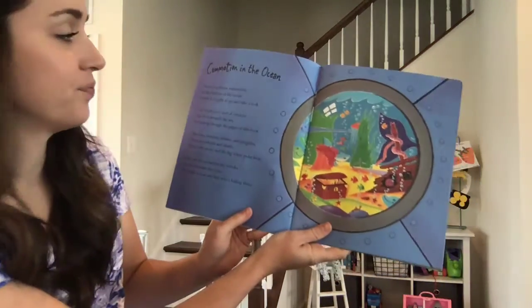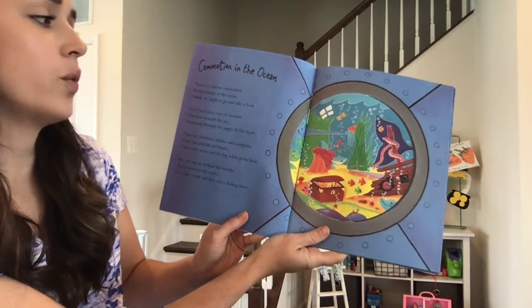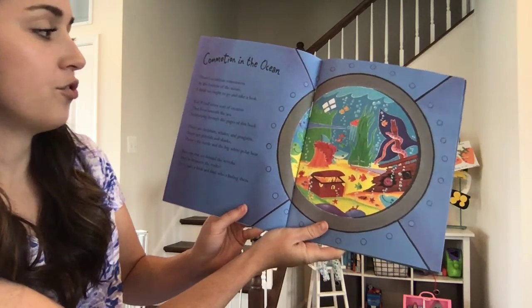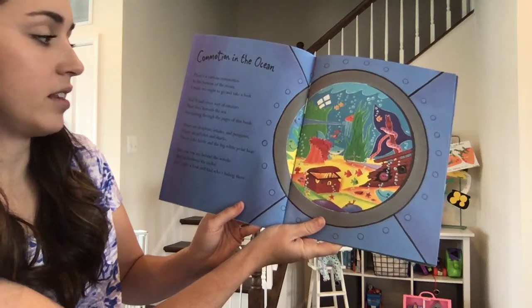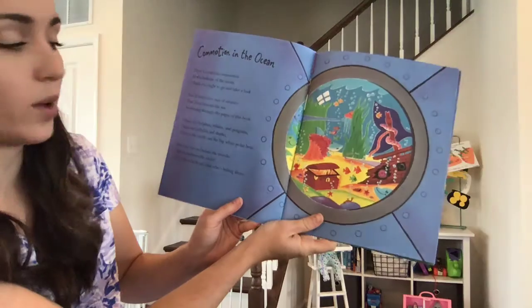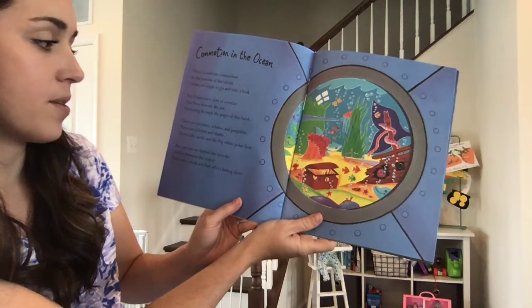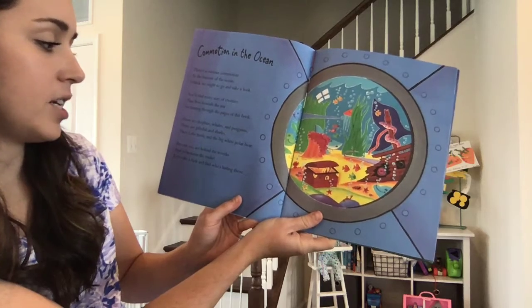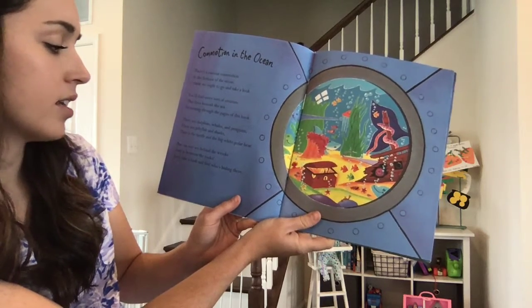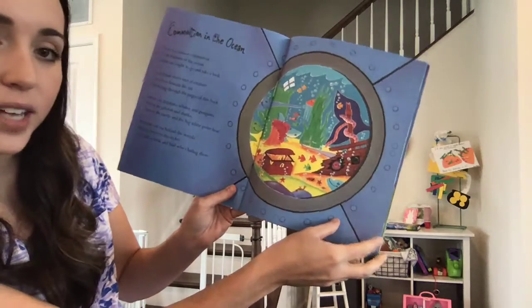Commotion in the Ocean. There's a curious commotion at the bottom of the ocean. I think we ought to go and take a look. You'll find every sort of creature that lives beneath the sea swimming through the pages of this book. There are dolphins, whales, and penguins. There are jellyfish and sharks. There's the turtle and the big white polar bear. But can you see behind the wrecks and in between the rocks? Let's take a look and find who's hiding there. Who's hiding